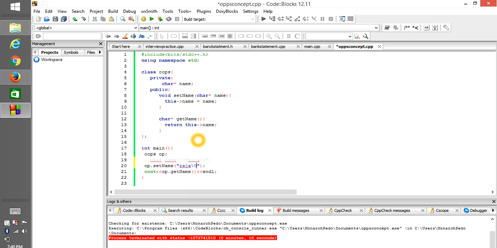It's Raja with a null character. The null character specifies the end of the string, so it is necessary to explicitly specify it so that the compiler can understand that this is the end of the string. Otherwise it gives a compiler error, so you have to make sure that whenever you